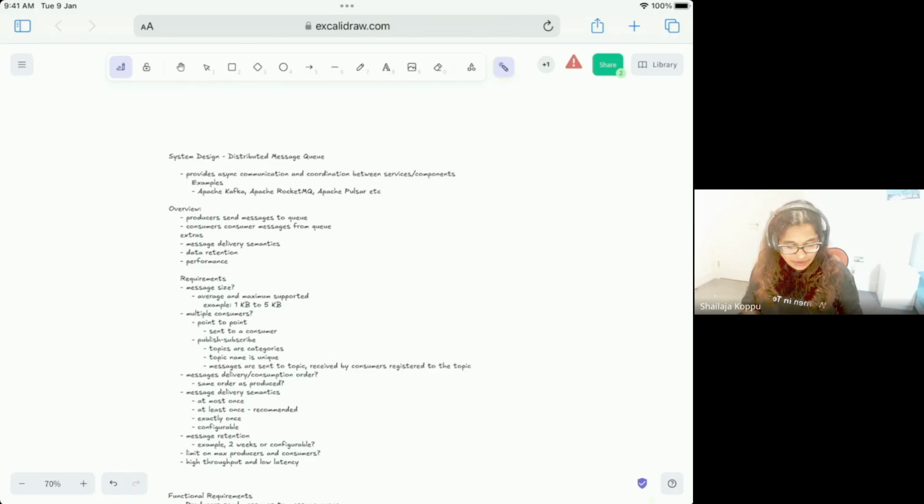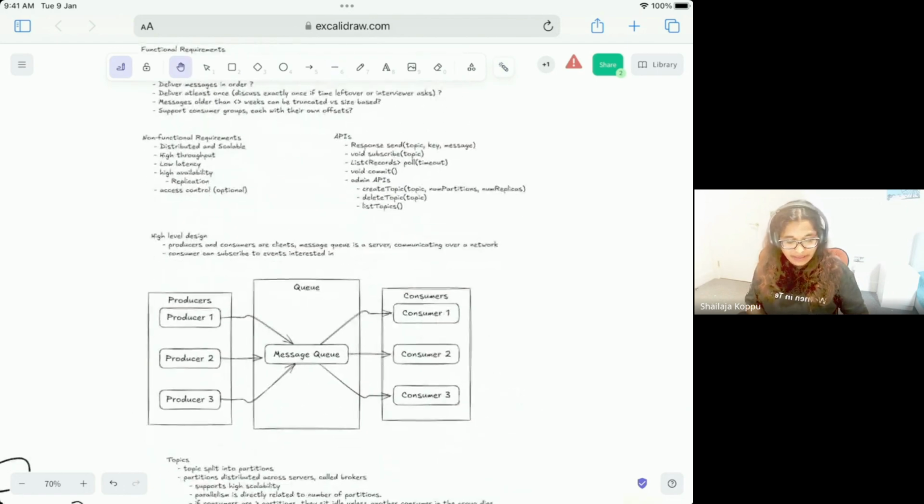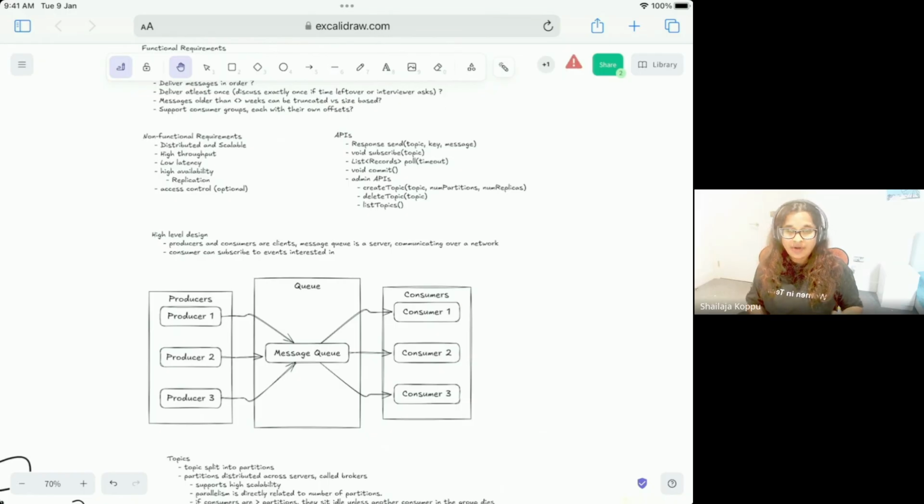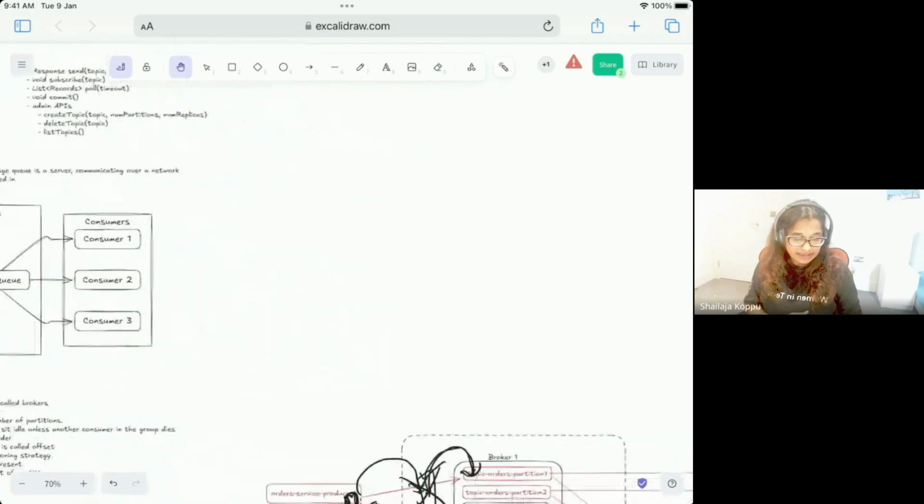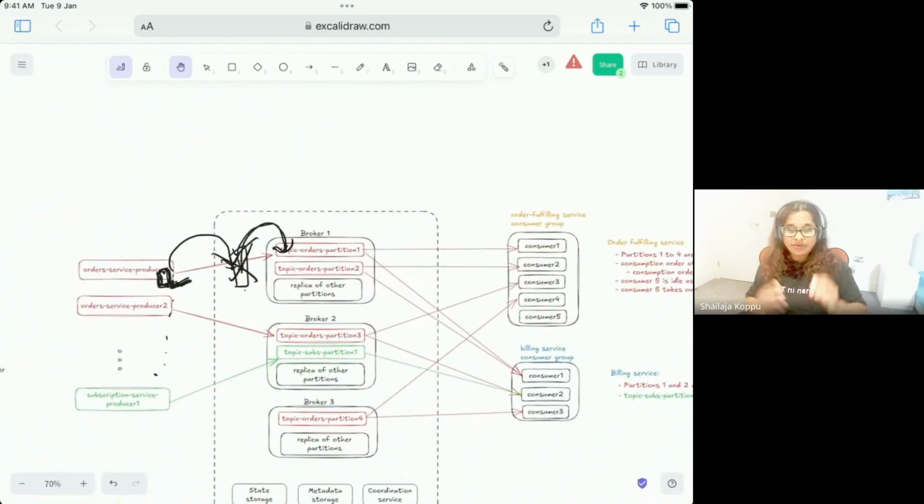And then once you and the interviewer agree on a limited set of requirements that you want to fulfill in the current design, that's where you start with the high level design. You start with something like, this is my high level design. Now I'm going to deep dive into each of them and come up with the low level design, something like this. So that's how the flow comes through.